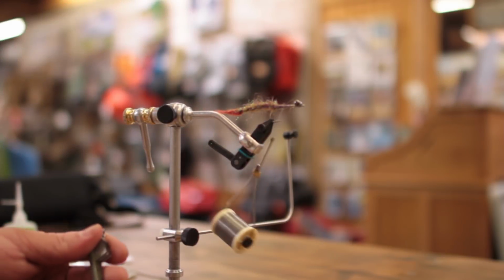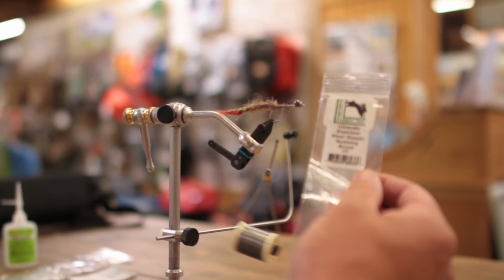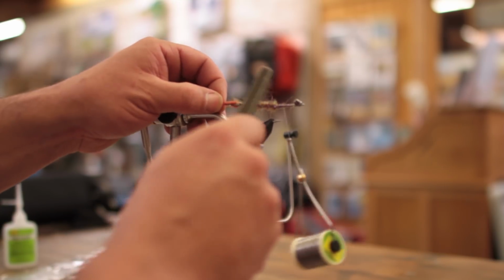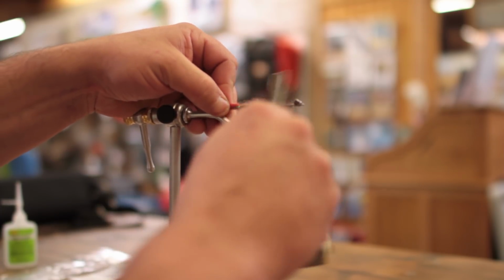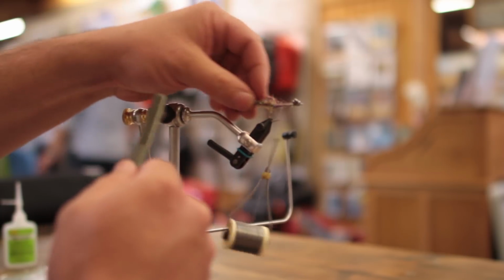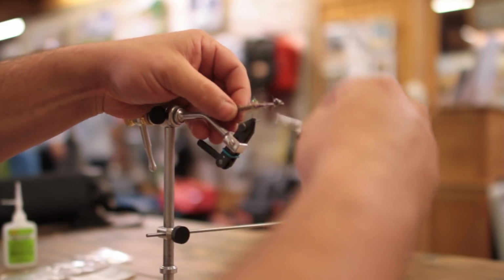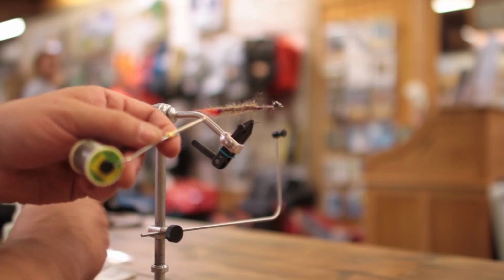And here we're going to want to use some sort of a dubbing brush. I prefer the stainless steel Ripper dubbing brush by Hairline. Pretty much looks like just a metal toothbrush. And then you just want to brush out that tail. Give it a little personality. Then we're going to go ahead